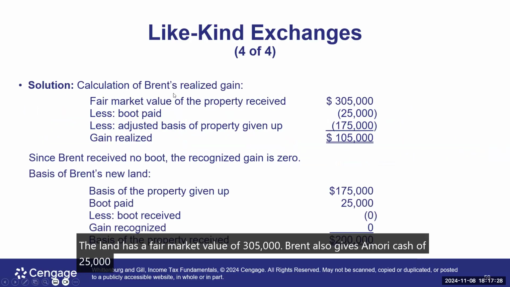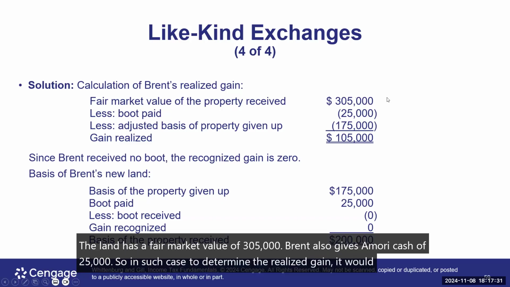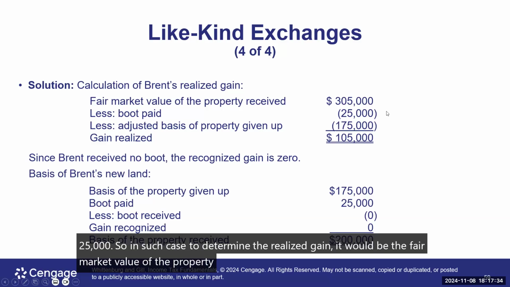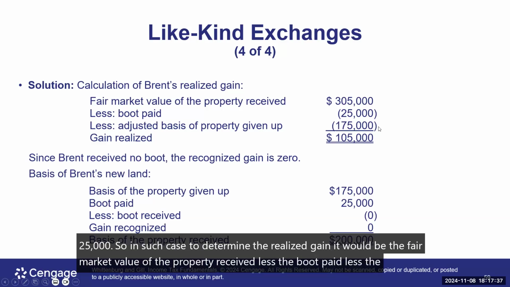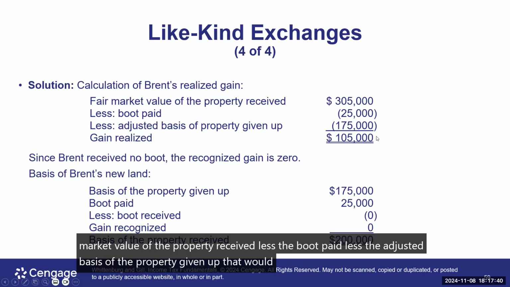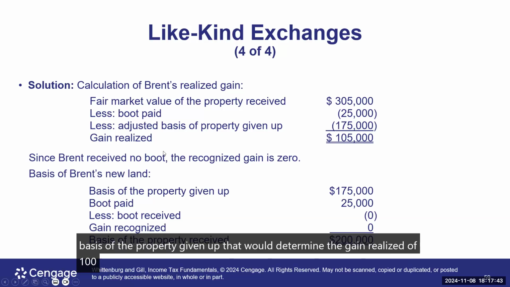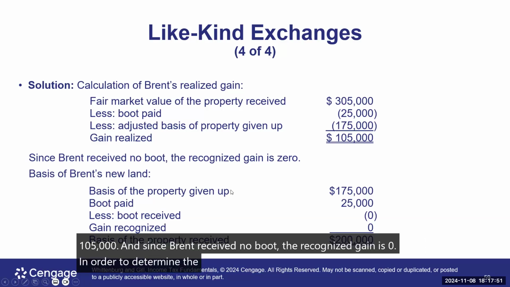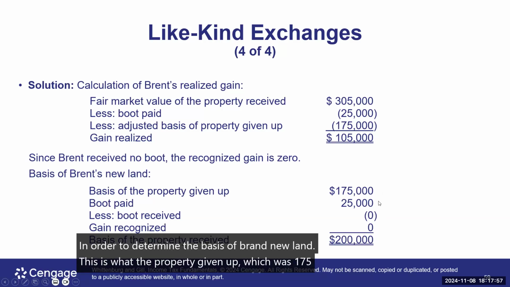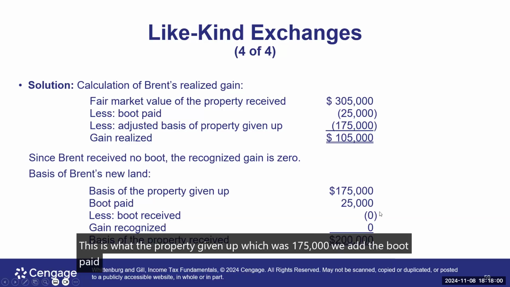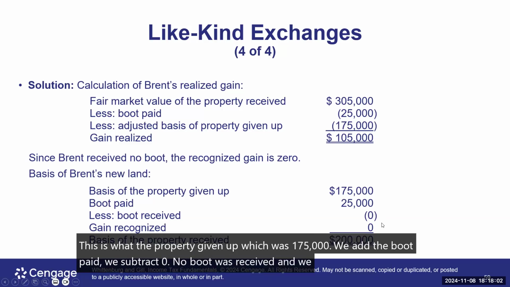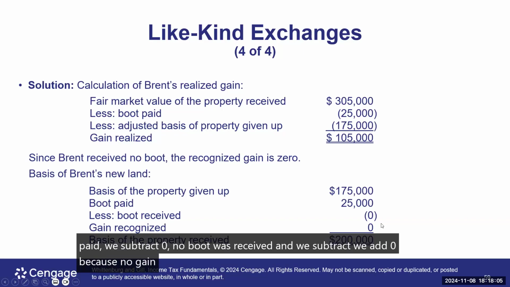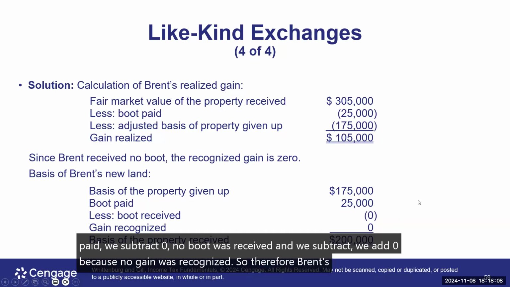In such case, to determine the realized gain, it would be the fair market value of the property received, less the boot paid, less the adjusted basis of the property given up. That would determine the gain realized of $105,000. And since Brent received no boot, the recognized gain is zero. In order to determine the basis of Brent's new land, it's the basis of the property given up, which was $175,000. We add the boot paid, we subtract zero, since no boot was received, and we add zero because no gain was recognized. So therefore, Brent's basis in the new land would be